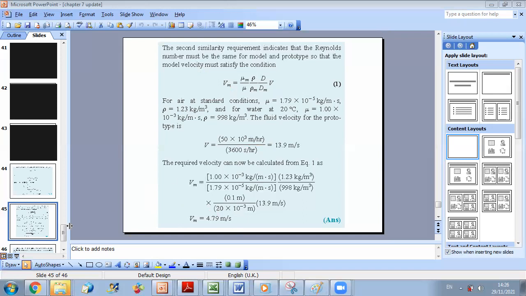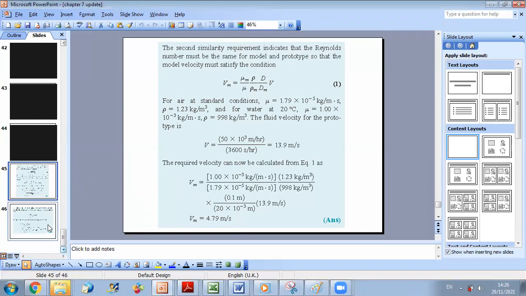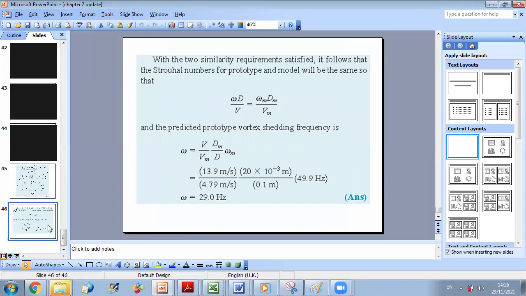Compared, sorry, to the real case, to the prototype. Okay, and now finally, we still have to determine this is our final purpose. Our final purpose is to know what is the real value of frequency in the real case. So to be able to find the real frequency, experimentally we measure omega in the model, and then we'll be able to deduce what is the real omega